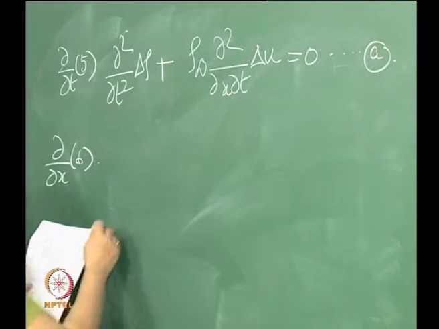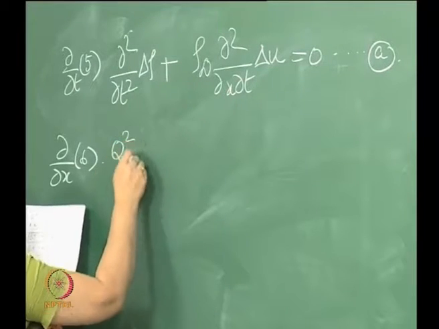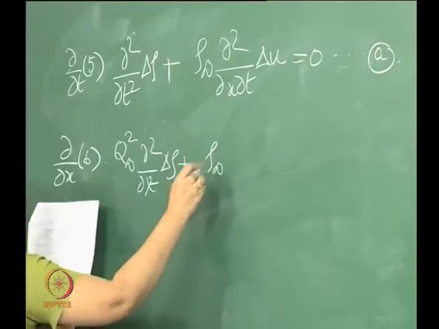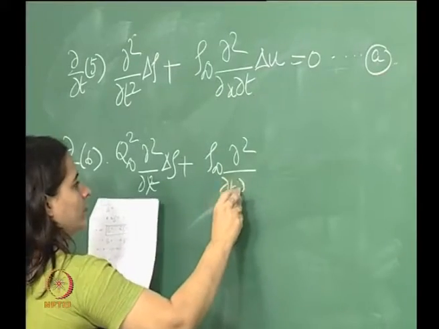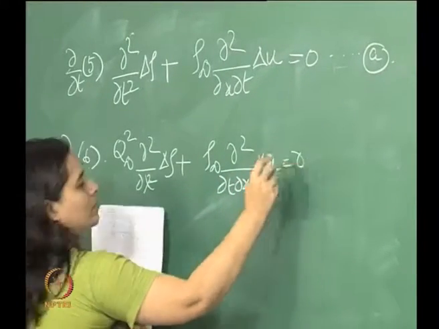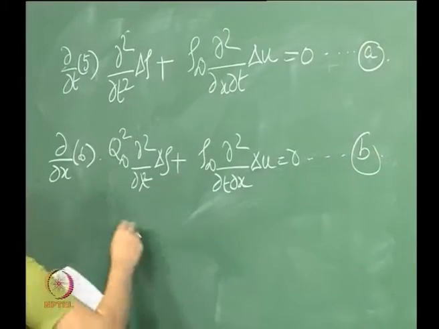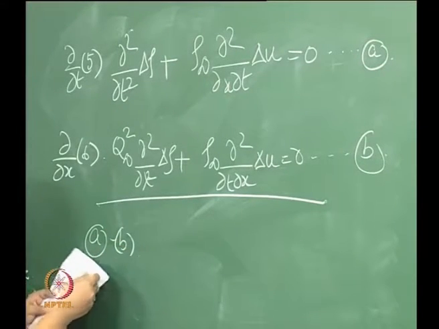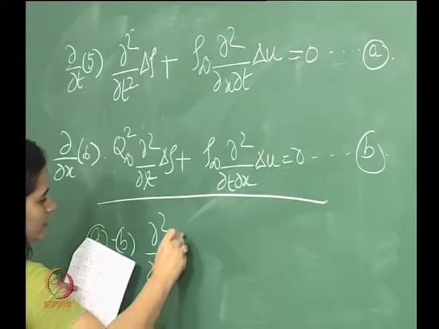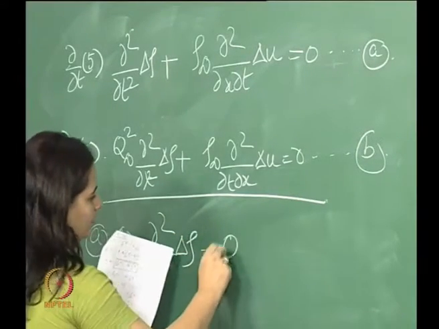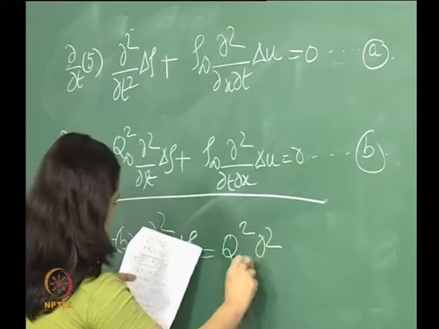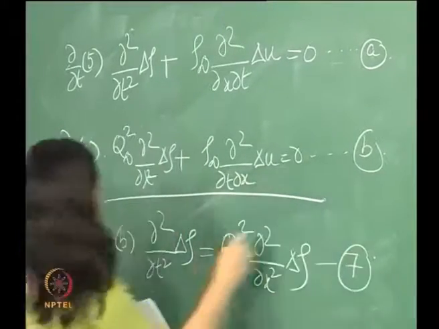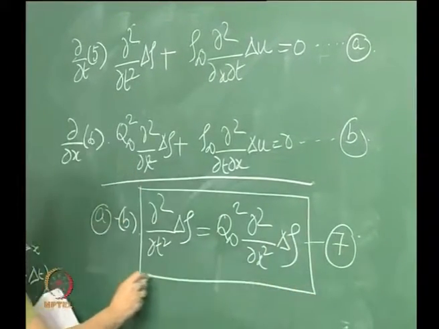If I do that, what I get is... Now once I do that, I subtract equation a minus b, and what I get from there is this. Right. So let's call this equation